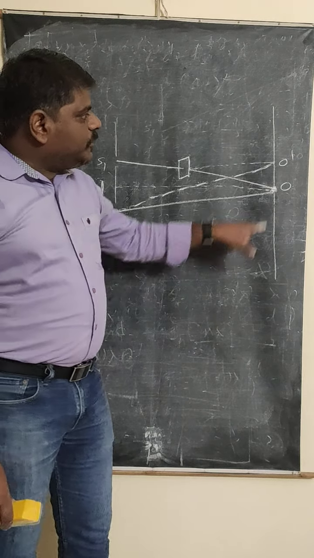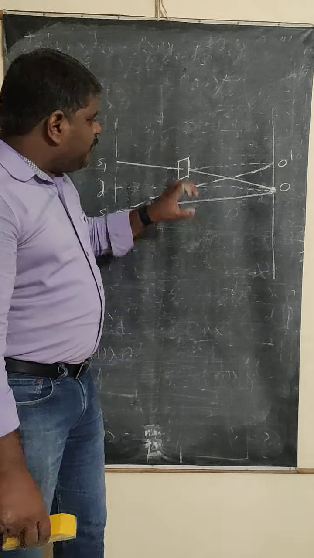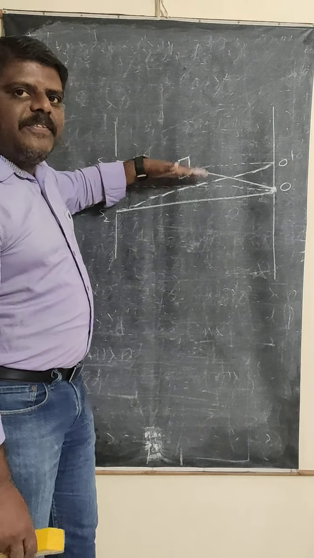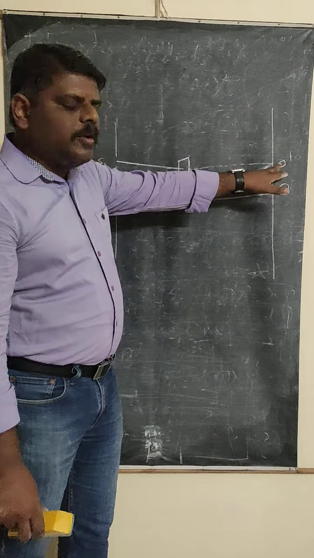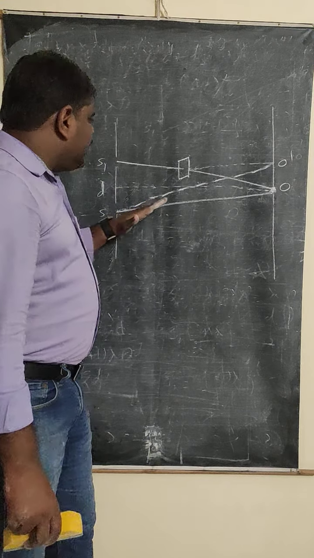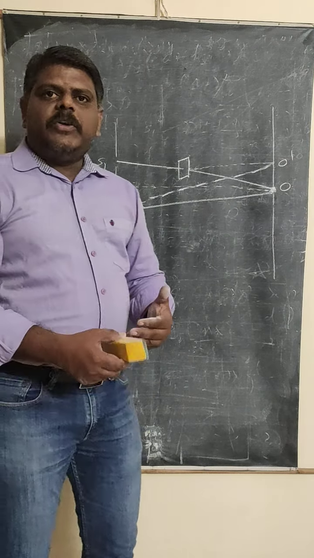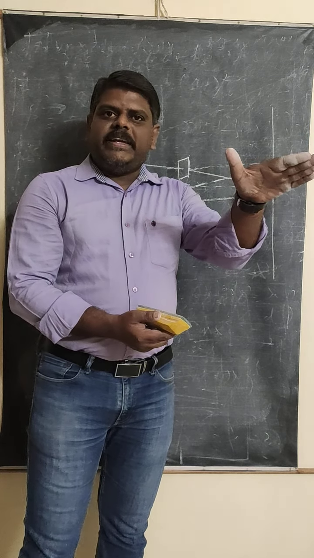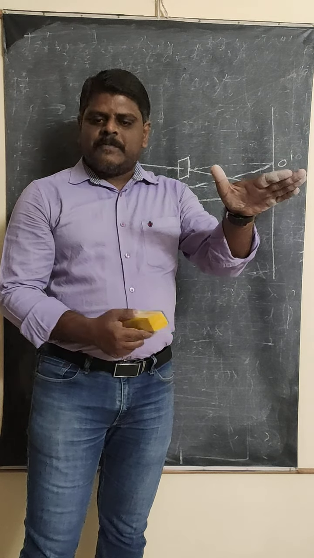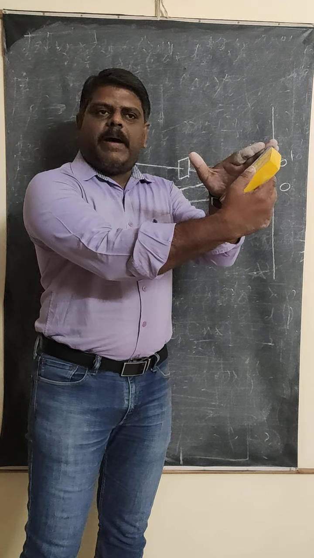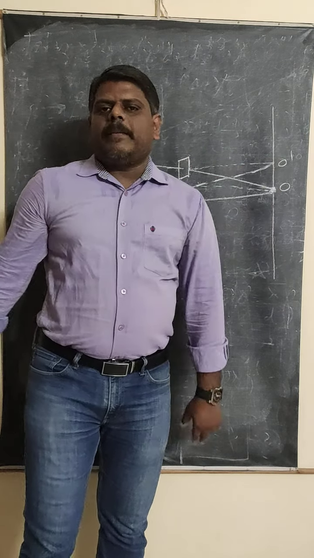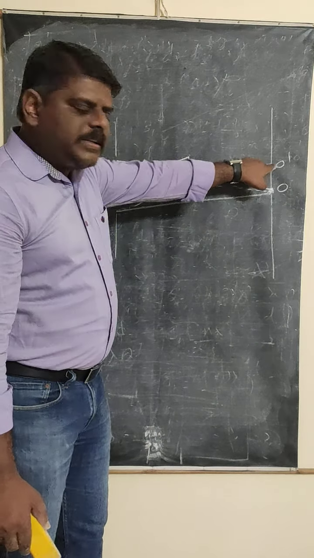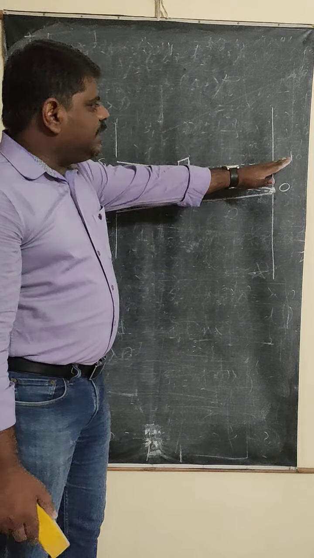Why is the central band produced at O dash? Because due to the introduction of this glass plate, the S1 light is refracted and is going to interact at point O dash. That's why S2 is also going to reach this point. Because if you want to produce interference, definitely the two light waves must interact. If only one wave reaches that point, you are not going to get interference. The other wave must also reach that point and interact with it. Then only are you going to get interference. That's why if this ray of light reaches the point O dash, definitely S2 is also going to reach this point.